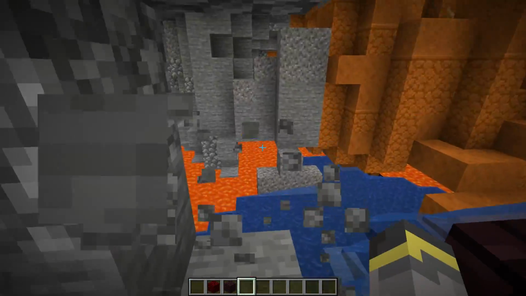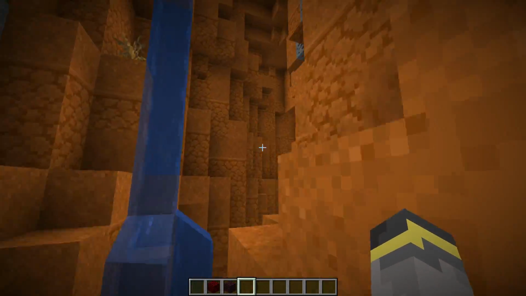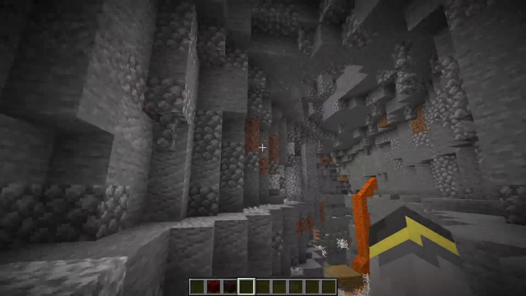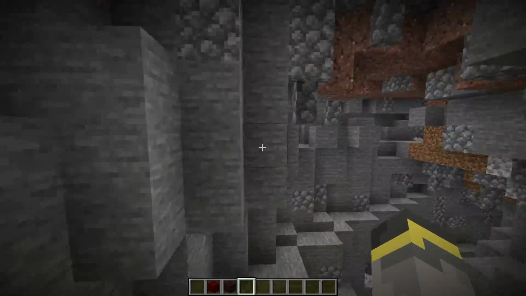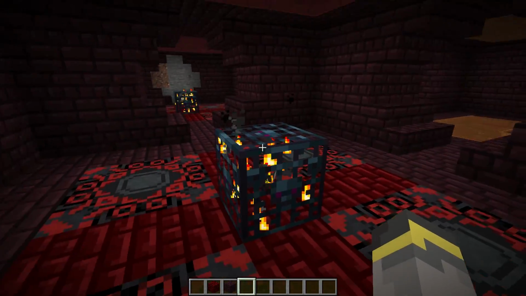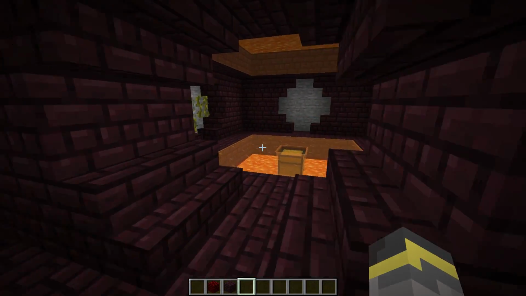I did find a dungeon somewhere in this world that was a fire dungeon, and it had a blaze spawner and a chest below it with some custom loot. I'm gonna see if I can find that spawner. Dungeon. So here's this dungeon. This is a different one. We got the wither skeleton spawner right there, pigmen, then a nether wart farm, and then over here there was